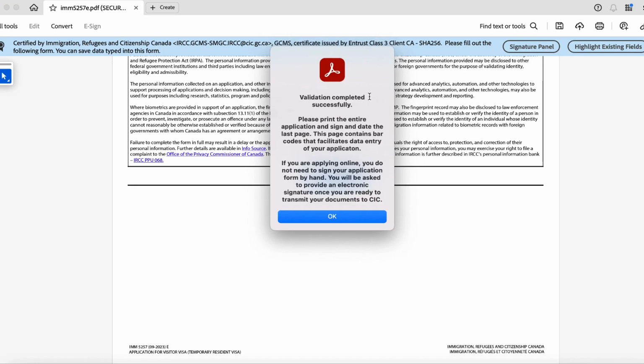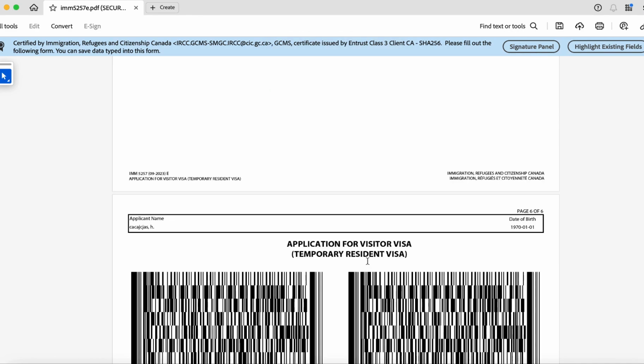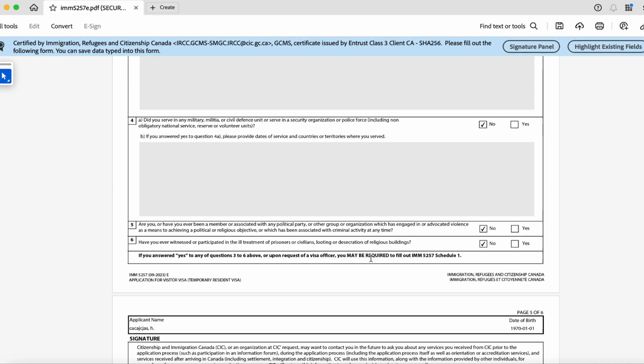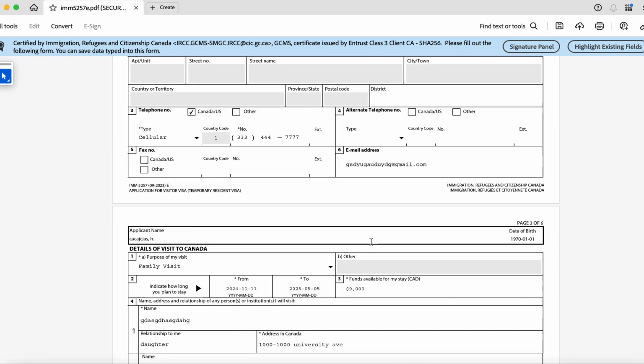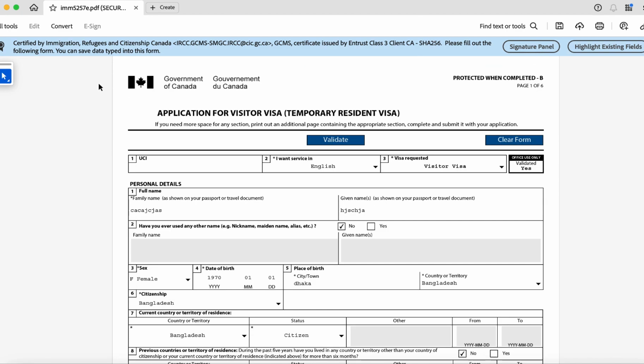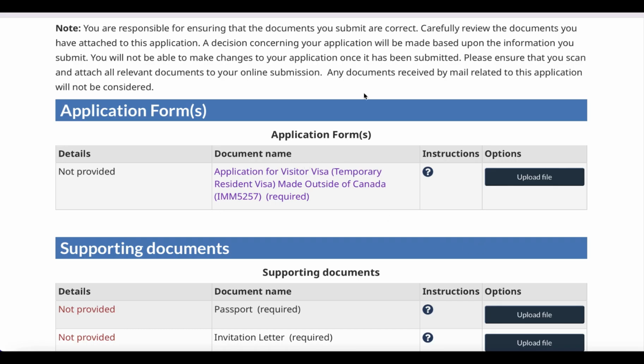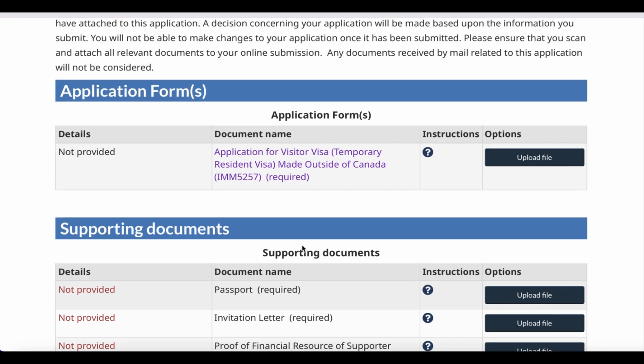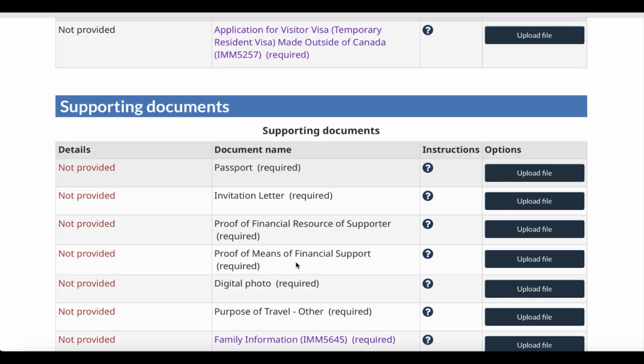So validation completed successfully. Now it will create some barcodes, and now the form completion of this form is done, and we will upload it in that section. Let's go back to our application and see what are the documents that we need over there. So I will upload the form over here, the IMM5257 form, and then I will need some supporting documents like